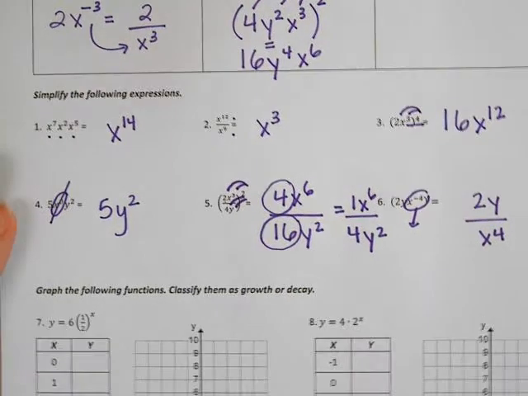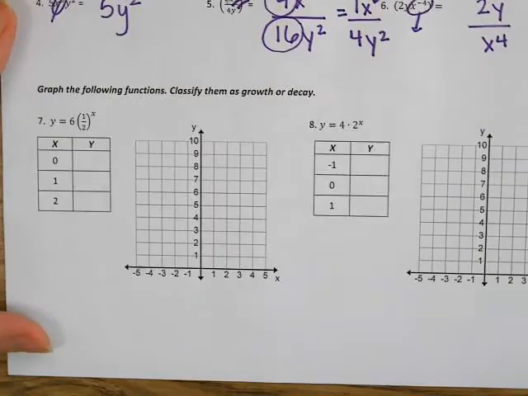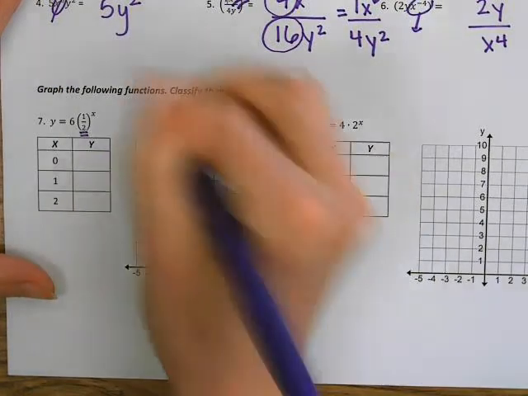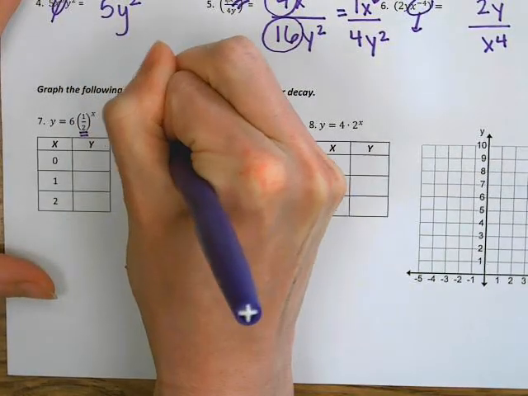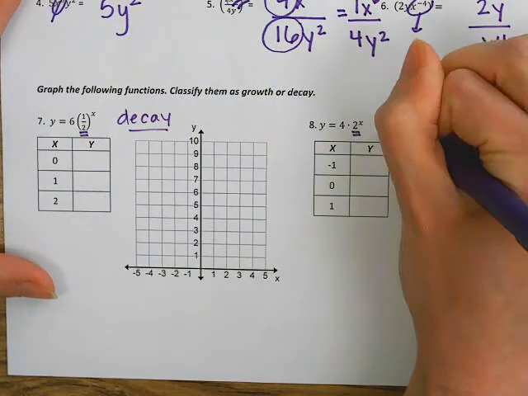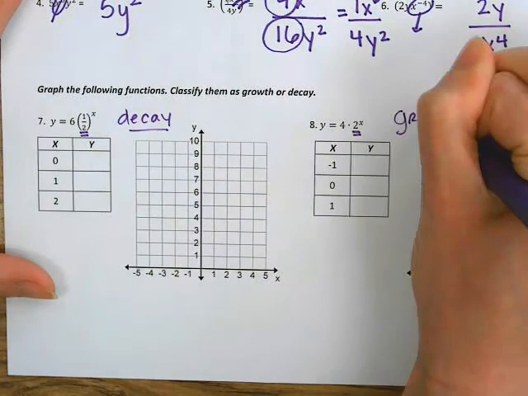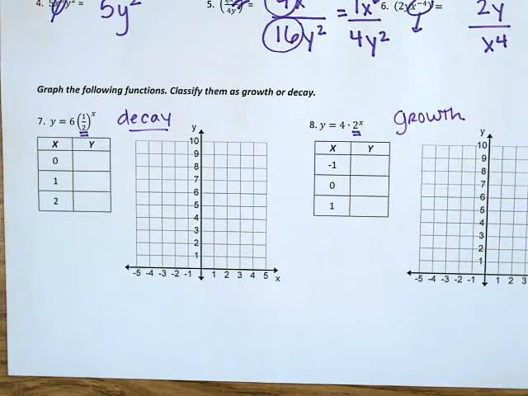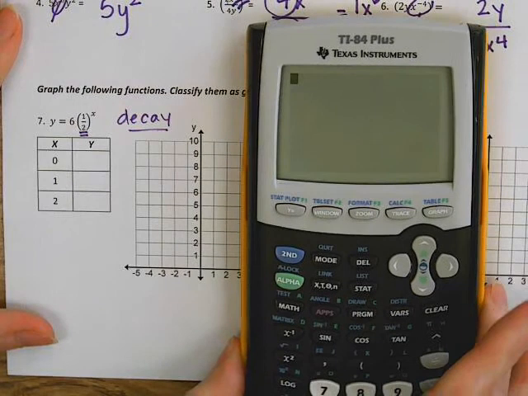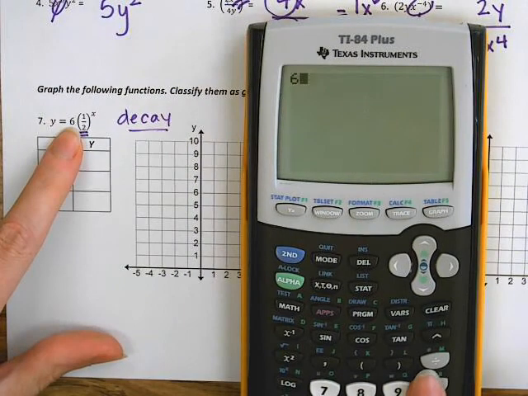Okay, on to exponential graphs. Remember, if the base is smaller than 1, it's a decay. And if the base is bigger than 1, it's a growth. All right, so all we have to do is plug in the x values. So let's do number 7. So it's 6 times, parenthesis,